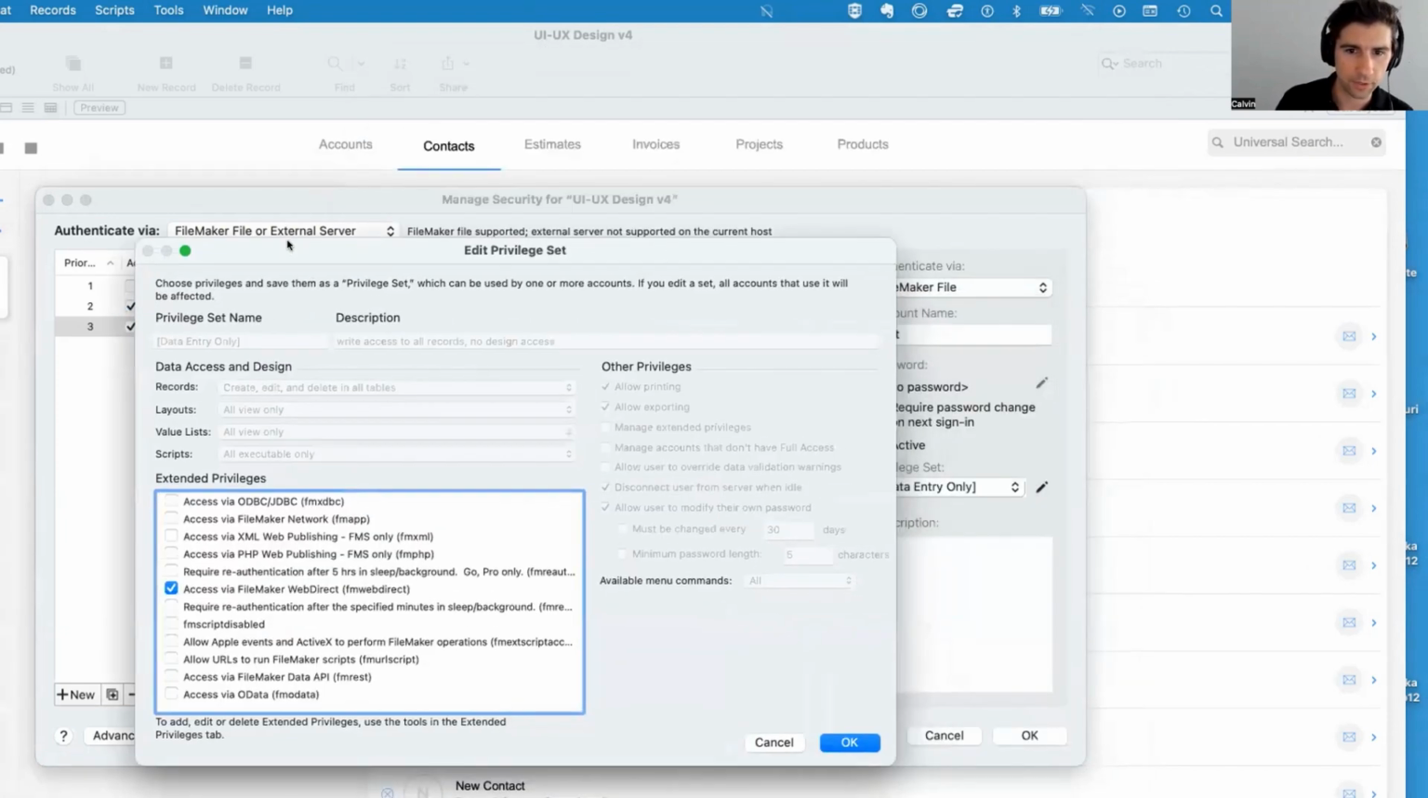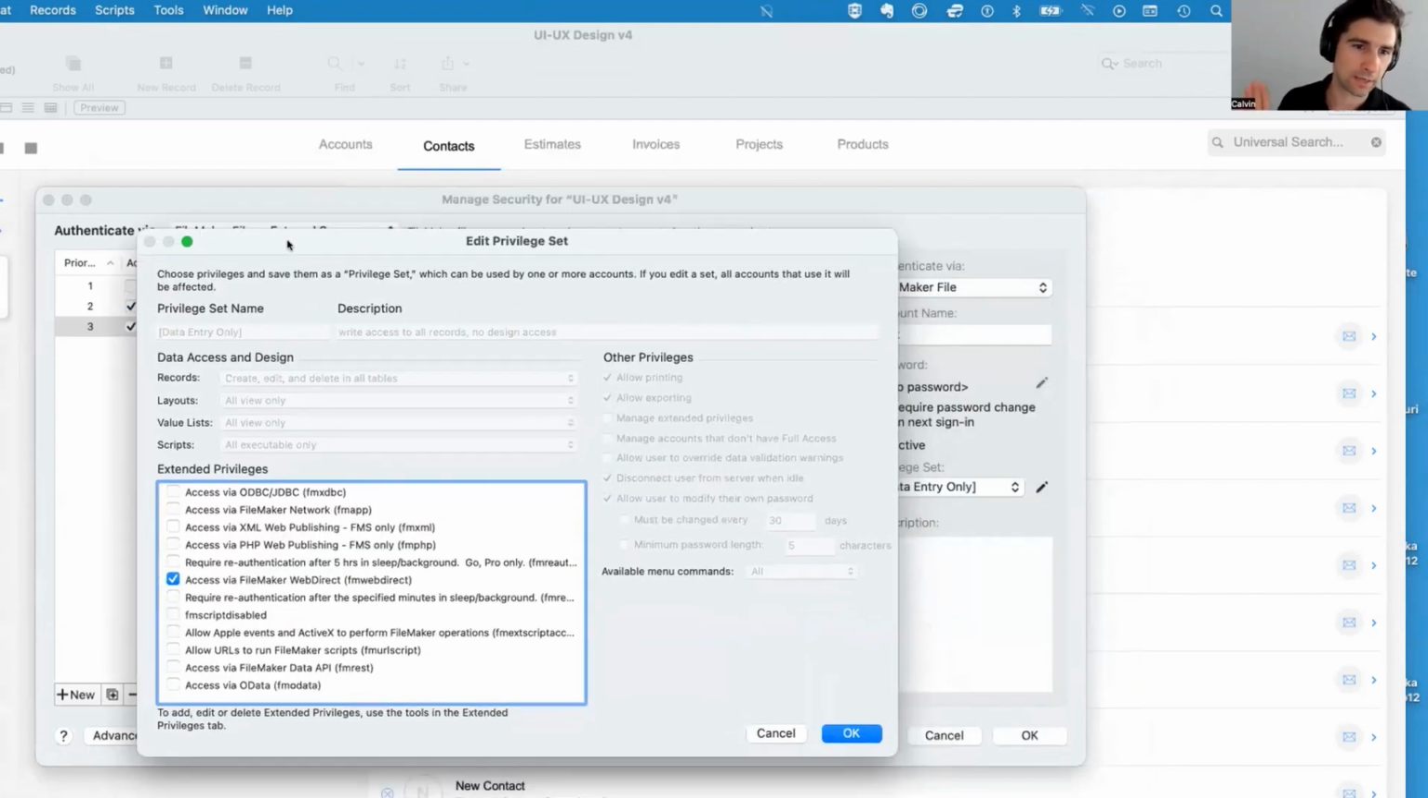So here we have data entry only, which means they're allowed to see all the data, edit all the data, create and delete records, see all the layouts, but they're view only. They can't go into layout mode and change the layouts. Same with the value lists and the scripts. They can look at the value list, they can look at the scripts, they can run them, but they can't